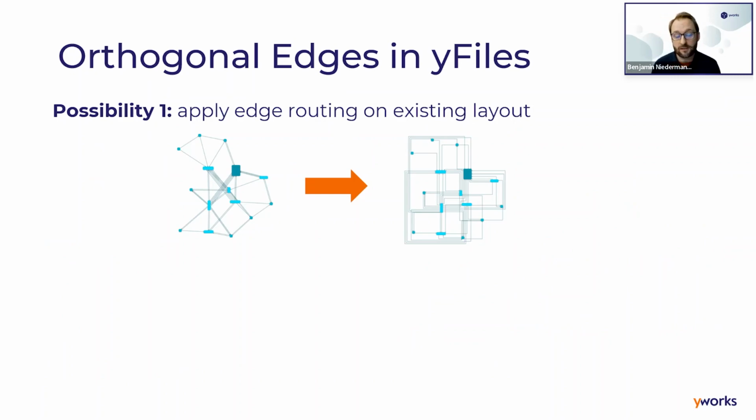One possibility is that you take an existing layout and keep the nodes fixed and just reroute the edges. Here what I've done is I just laid out this graph with the organic layout, which only supports straight line edges. And then you use an extra algorithm as a post-processing step that then lays out the edges